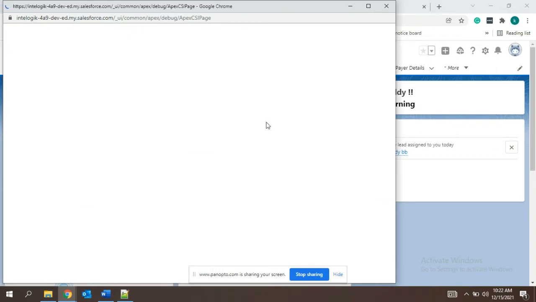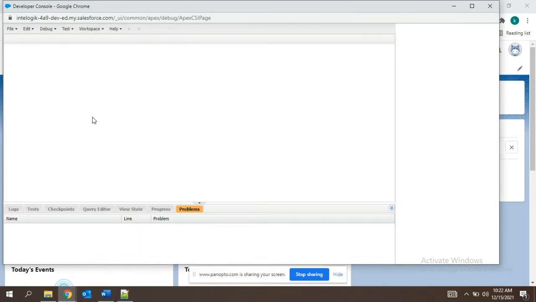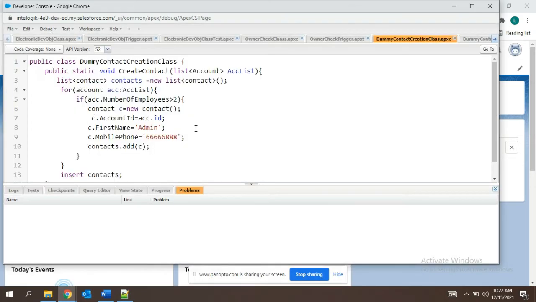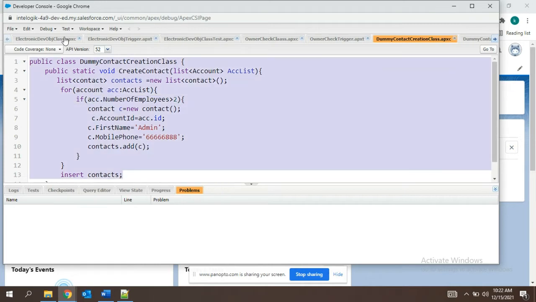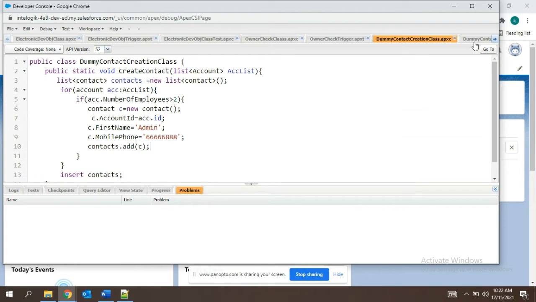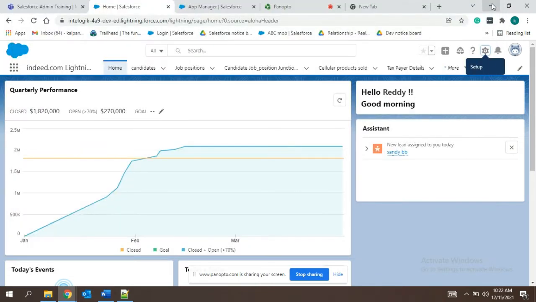If we go here, we will see a developer console opened. This is where we will code and make changes and make that component visible in the UI. This is for developers and not for testers. I have just informed you for awareness.